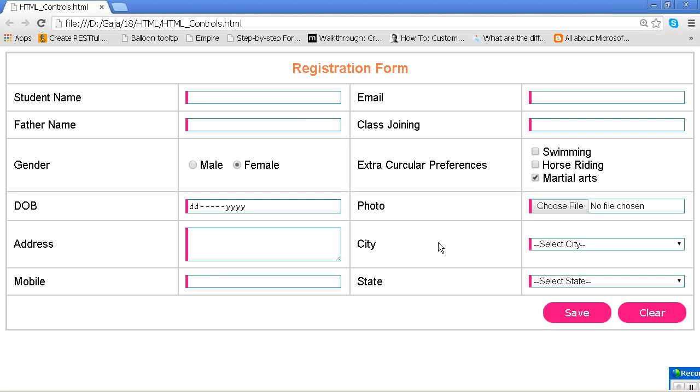To avoid that, we are going for the internal style which we are writing in the page. There we are writing two types of style. With dot means your own style, without dot means predefined style. If you keep the predefined tag, it will affect all of the tags which are available in the page. And yesterday I have told you one more thing also, hash. When you go for hash, in the sense, you have an input type equal to text, ID something. You want to specifically change style for that one. Then in that situation, no need to define your own class and no need to attach it to the control by saying class equal to something.